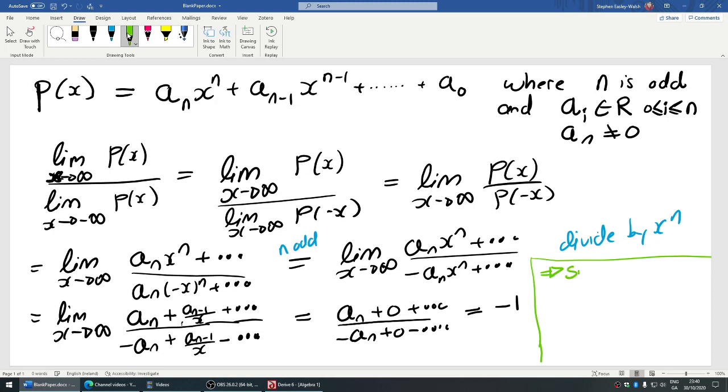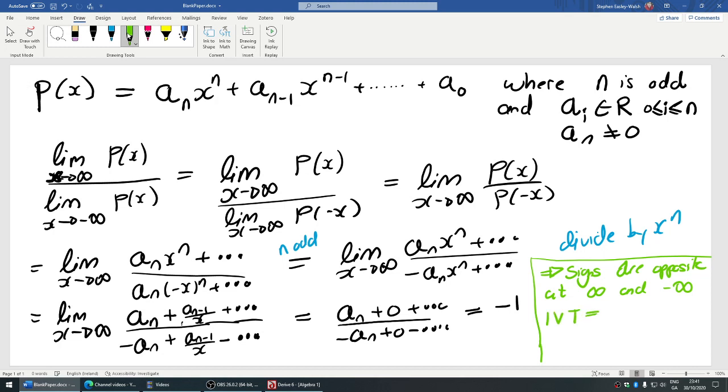So the signs are opposite at infinity and minus infinity. So then the intermediate value theorem